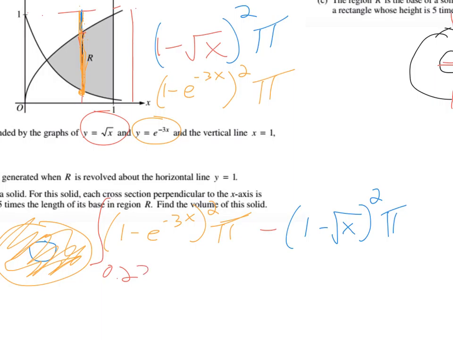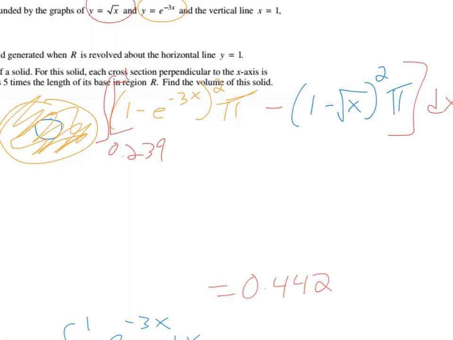0.239 and 1 of this whole thing. You're probably best off using a calculator for that. You could do it by breaking it up into individual pieces, but I'd punch that in your TI-84 as a y equals line, and then use your calc feature to find the integral from 0.239 to 1. And so when you do that, you should get